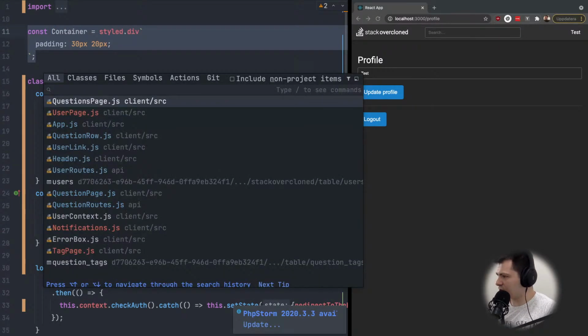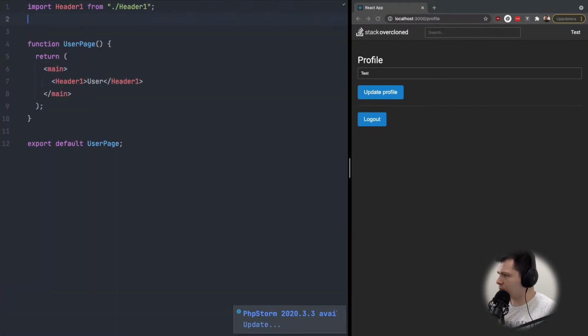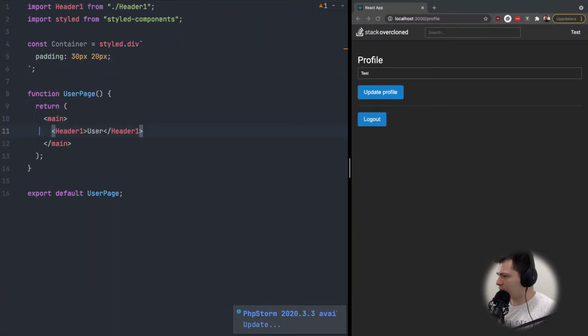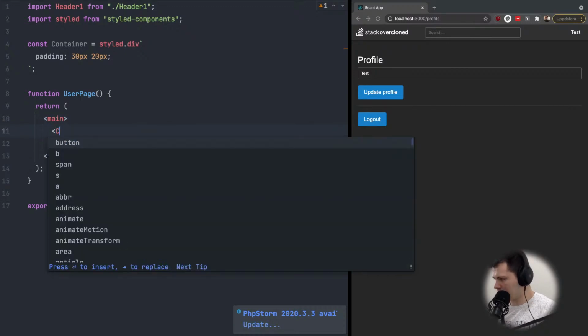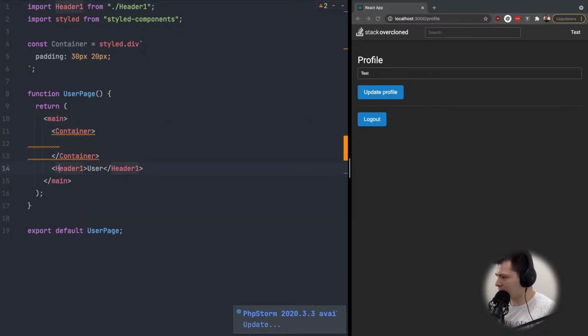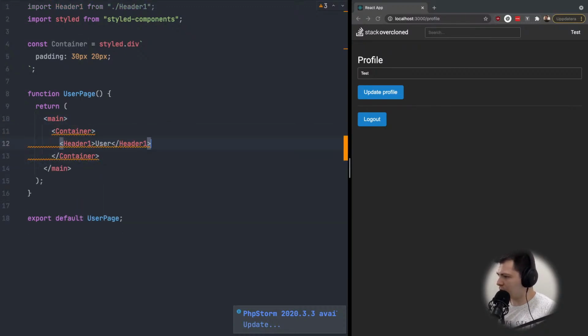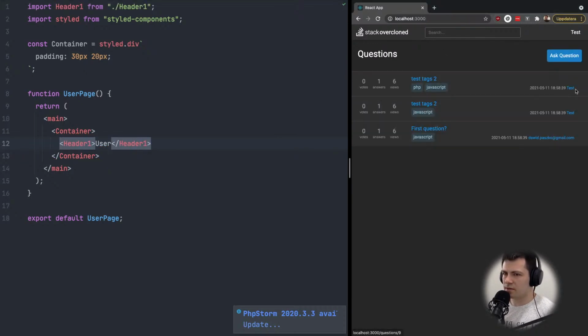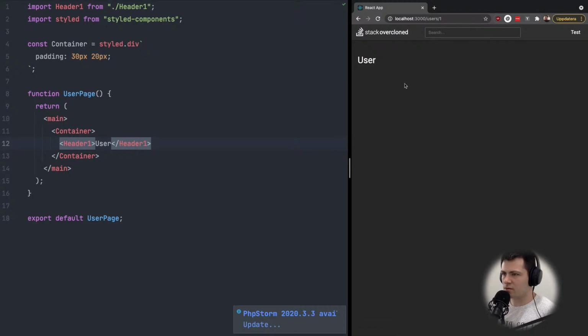It's a style component with some paddings to our user page. Alright, and let's add the container here, and let's put the header 1 in our container, so we'll have some spacing. So let's go back to this user. Yes. Okay, and in here,